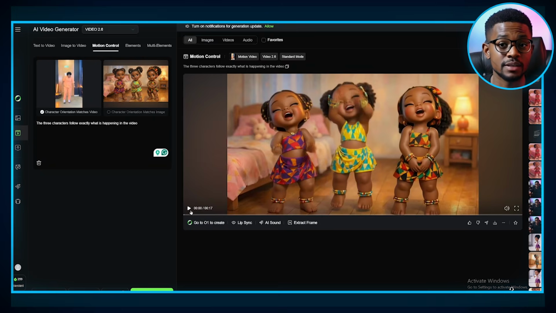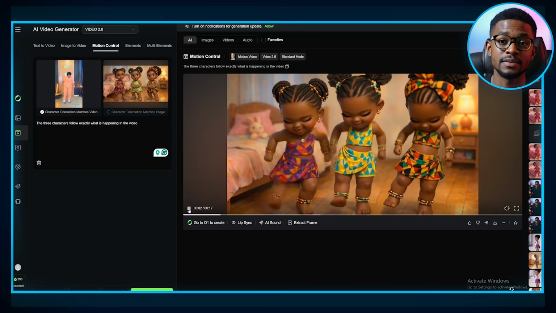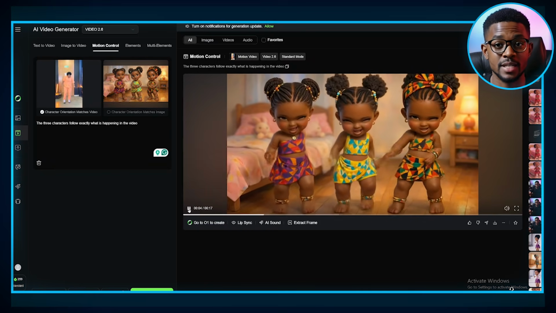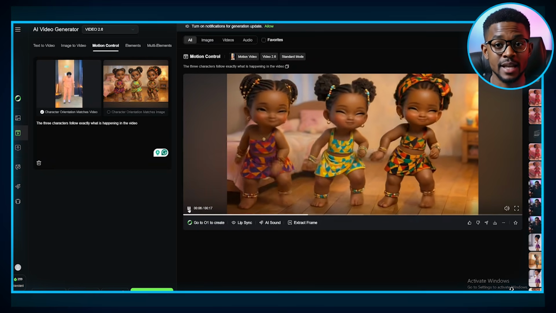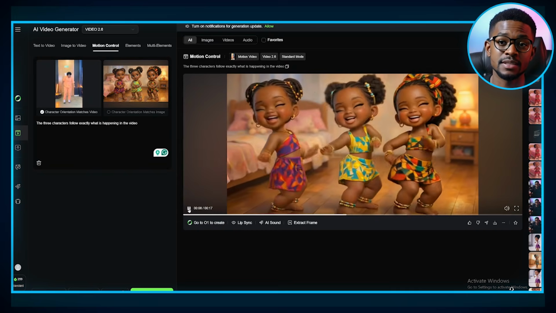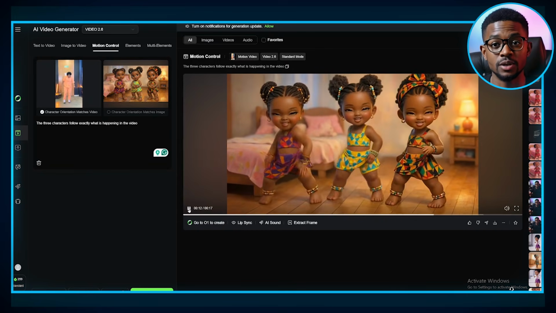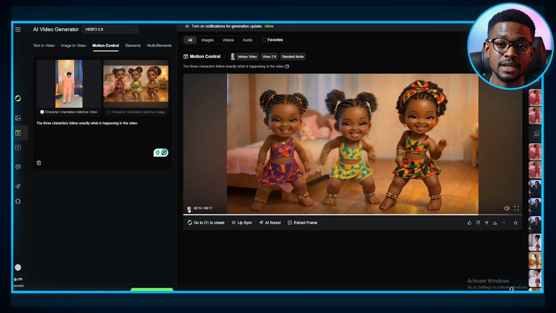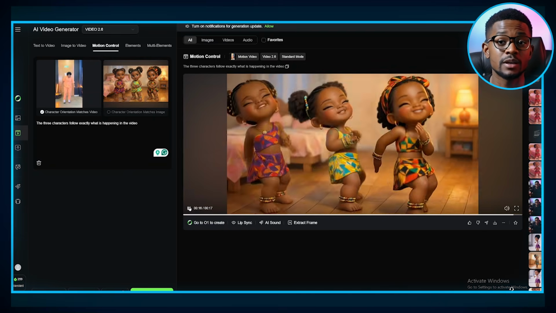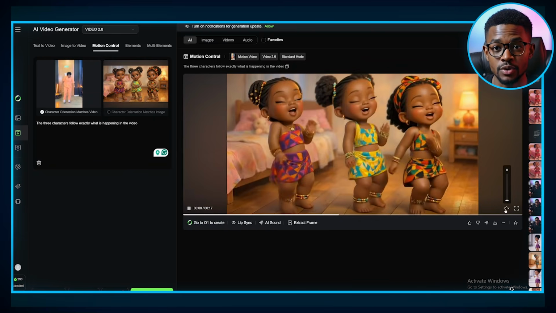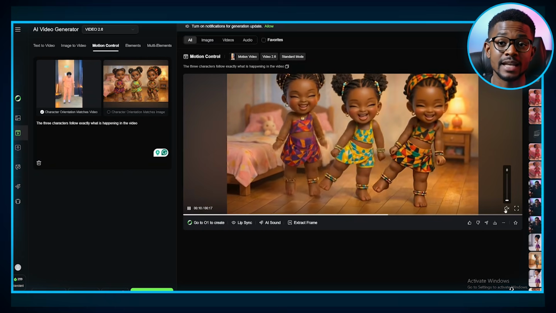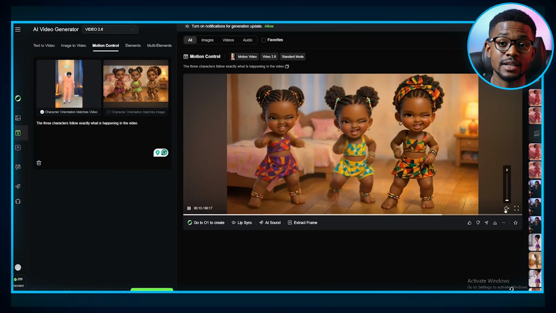Just hit create. And just like that, you have all your three characters doing the exact same moves, mimicking exactly what was happening